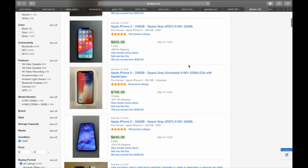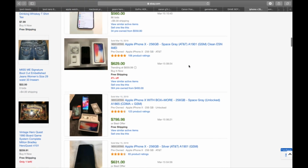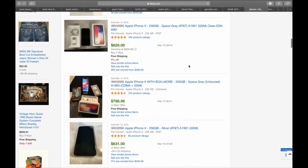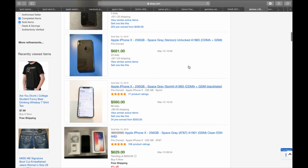Look what it's selling for on the used market. Anywhere from the low $600s up to $700, in some cases a little more. So maybe somebody's upgraded to the XS Max. They've had it laying around for a few months. You go in and say, I'll give you $500 for it. You list it for $7